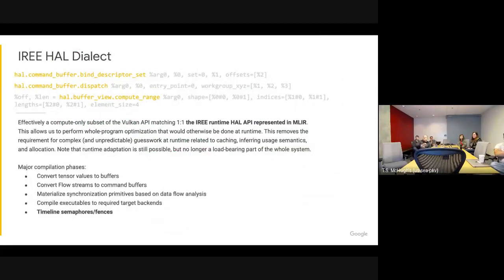And the other thing we model here that's really important for the pipelining aspect is fences and timeline semaphores, as they're called in Vulkan, which allows us this kind of squishy concurrency. So as we're building these command buffers and scheduling them, we're not looking for explicit completion of any particular task. We're looking for the fences to hit particular values.